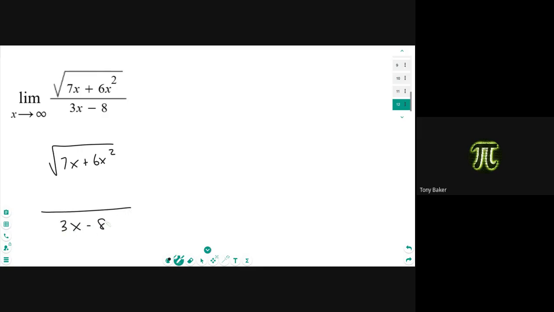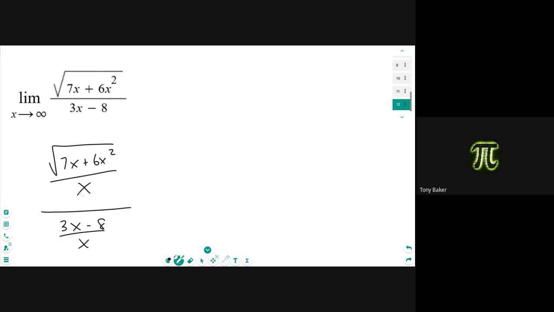All right. What is the degree in the denominator? So what am I going to divide? Thinking back to the same rules, we're not going to do any different rules. What am I dividing everything by? Dividing everything by x. So bottom by x,